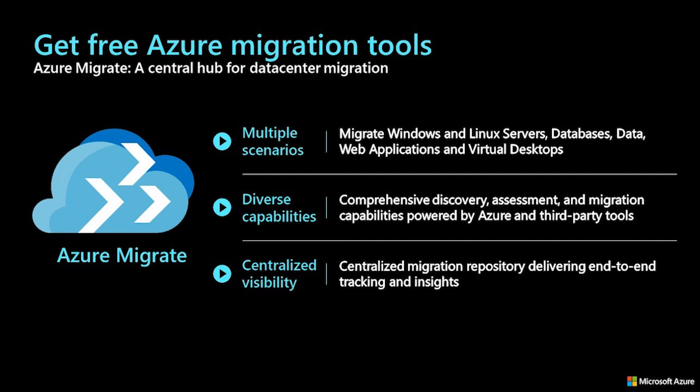Azure Migrate supports assessment and migrations from several environments, right? So your on-premises environment could be based on VMware, it could be based on Hyper-V, it could be workloads running on physical server environments. And then we also support in Azure Migrate the ability to migrate from AWS or Google Cloud Platform to Azure as well. And then finally, Azure Migrate can help you centrally plan and track migration progress across Microsoft tooling or even third-party